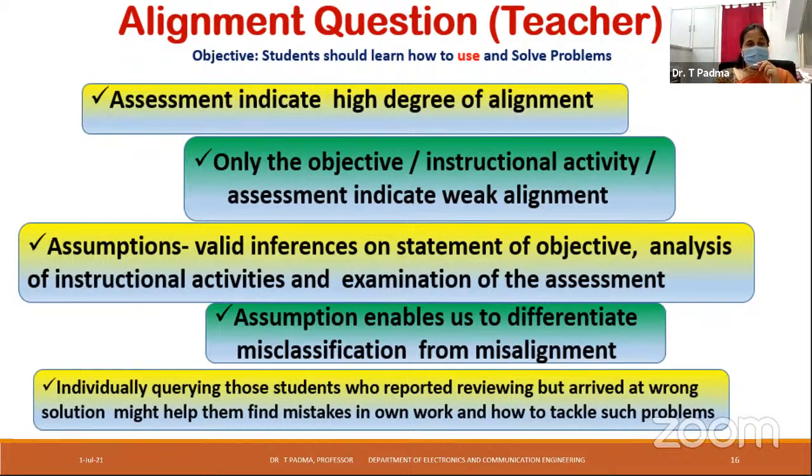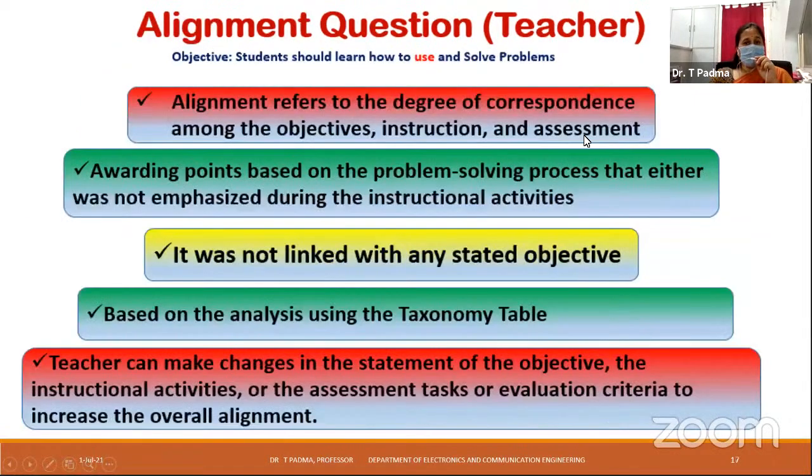Okay, so as I said, for individual students who have reviewed but arrived at the wrong solution, they have attempted and arrived at a wrong solution. There is a need for the teacher to help them find the mistakes in their own work and find how to solve such types of problems. So this alignment